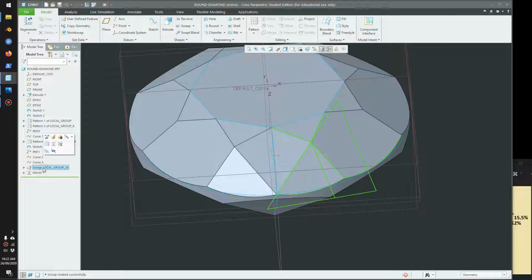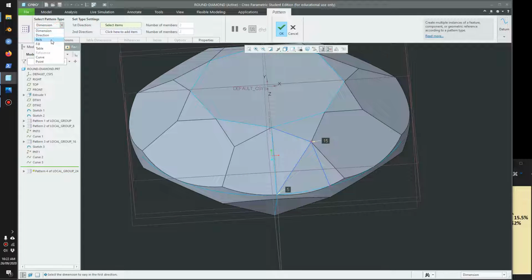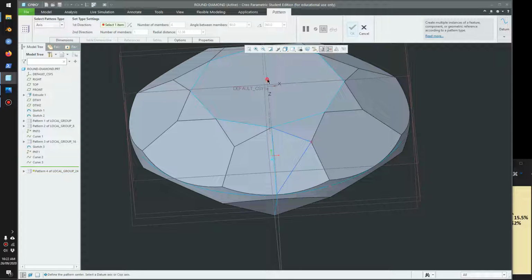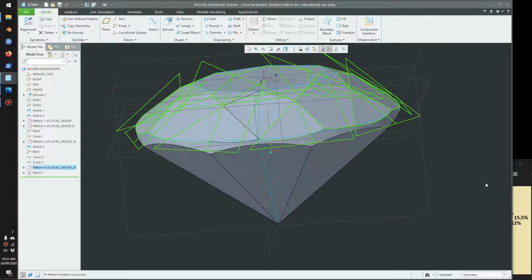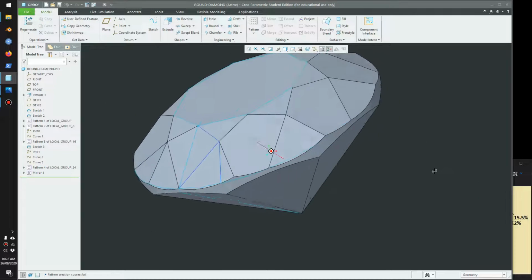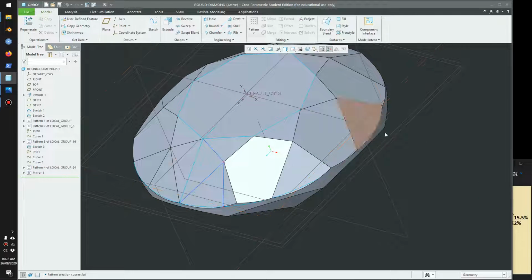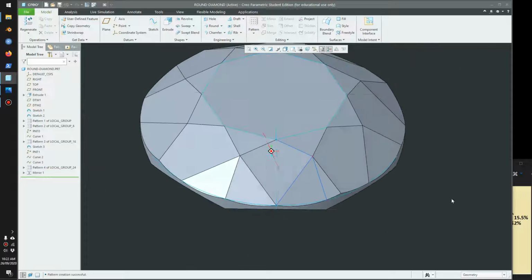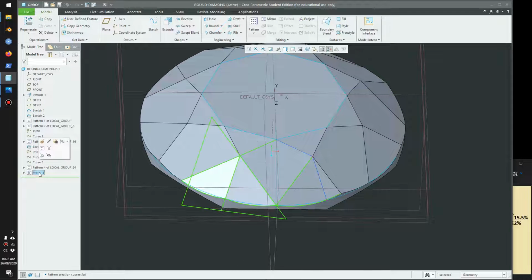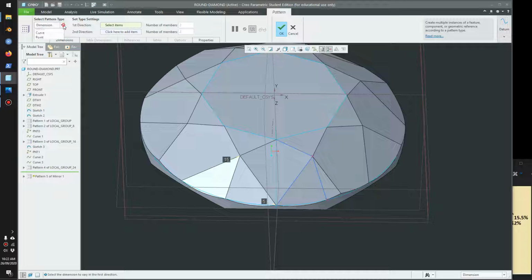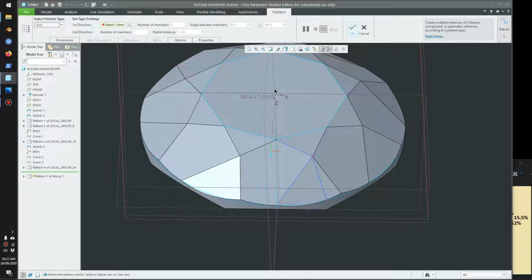And then I'll select that first group, and then I'll go pattern, axis, we'll rotate around the Y 8 times all the way around. So it makes a cut here, and with the mirror bit here, we'll select the mirror feature and pattern that, and we go rotate around the Y-axis 8 times 360 degrees,